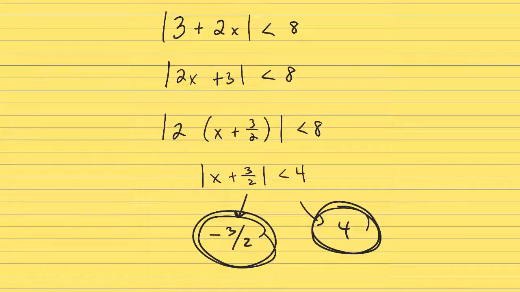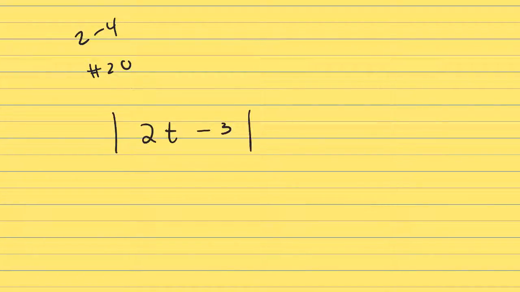I have 2.4, number 20. Let's see. Absolute value of 2t minus 3, plus the quantity 2, equals 5, correct? Yep. All right. So this is a good problem to start with because in the quiz, a couple people made